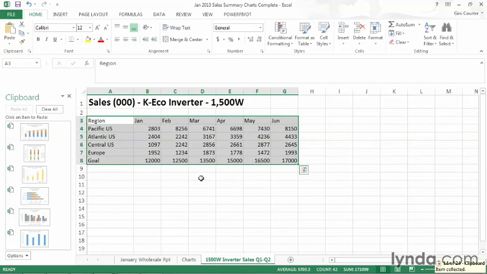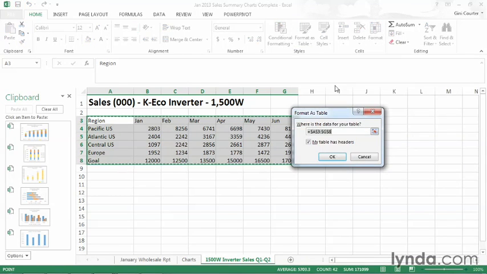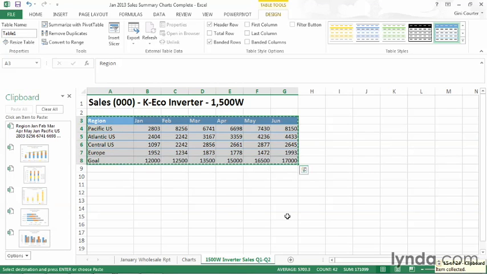Now I'm going to go grab my inverter sales. I want to spend just a moment formatting this as a table so it looks a little bit better. I'm going to use one of the primary colors here. My table has headers. That looks great. I'm going to say I don't want the filter buttons. That looks lovely. Now let's copy that as well. If I copy it as a picture, it won't look like data. It will look like a picture. So I have a ton of items sitting up here on my clipboard,